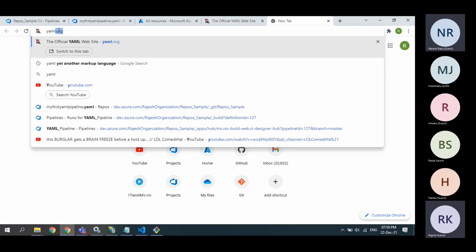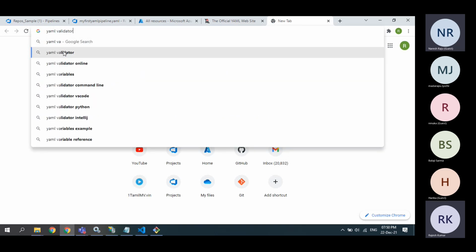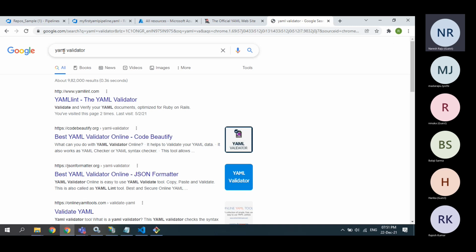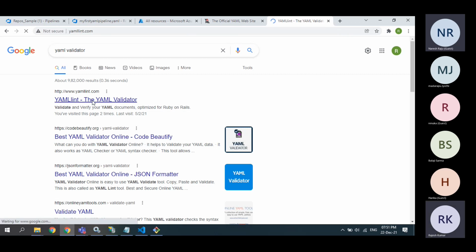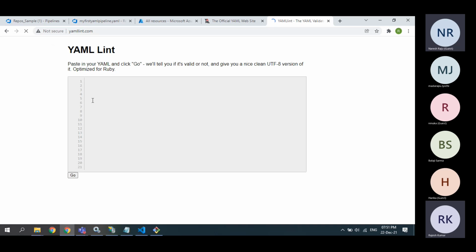It's an online tool, YAML validator. This is called YAML Lint. If you search for YAML validator, you will see this link, YAML Lint. If you copy and paste the YAML code you wrote into it,